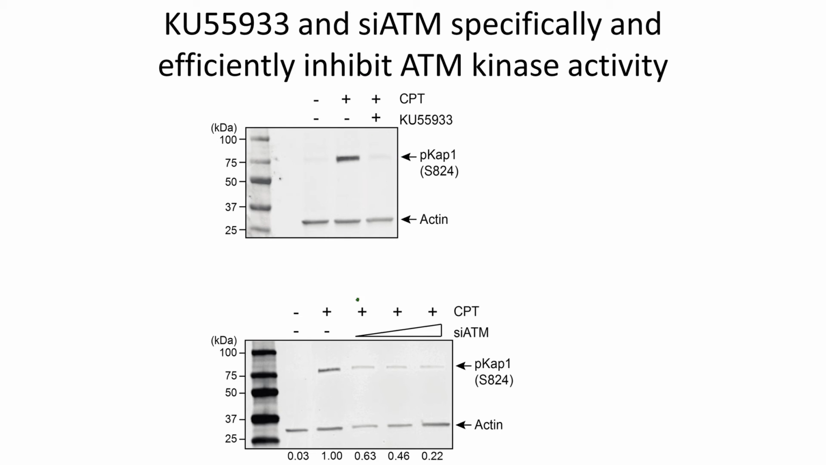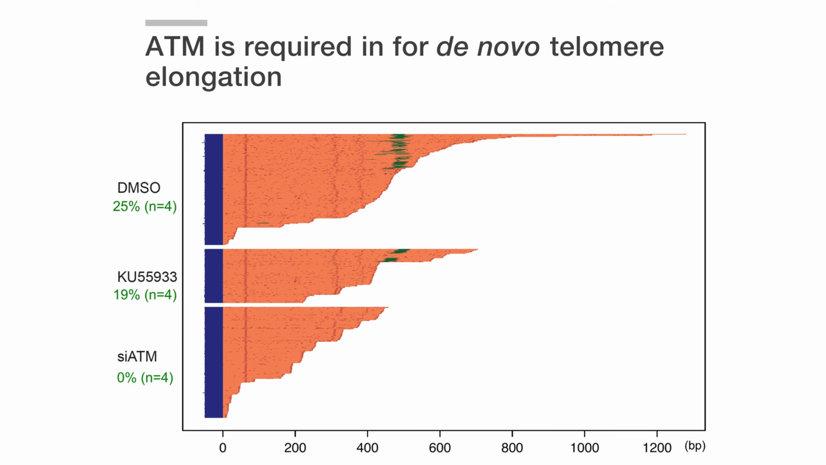And in the case of the siRNAs, again, no treatment with camptothecin doesn't activate CAP1 phosphorylation. But when we treat with camptothecin, you have the phosphorylation, and then increasing siRNAs decreases the amount of phosphorylation, showing that the ATM inhibitor is actually working. And so when we do that ADDIT assay in the presence of the ATM inhibitor, again, in the control cells, we have about 25% addition. The drug has a decreased amount of addition, and with the siRNA, we saw no addition onto the ends of the